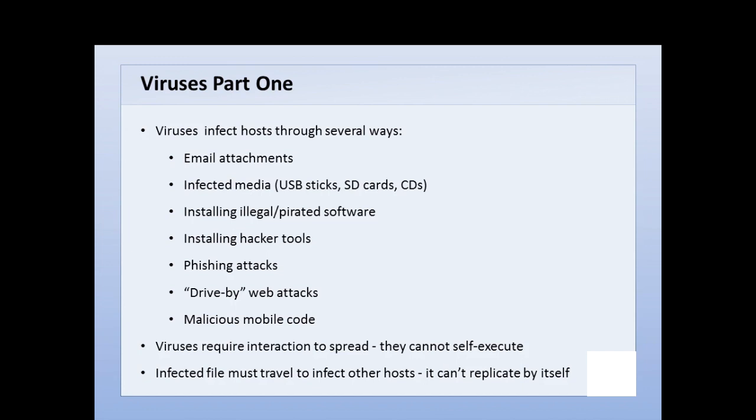Installing pirated or illegal software is one major way. A lot of people will download free, supposedly, software, and the price they really pay is it may be infected with a virus. And they typically do this to avoid paying licensing fees for this software. Let's say you could download a pirated version of Microsoft Office. Well, you may get Microsoft Office and a lot of viruses to go with it because some of the sites